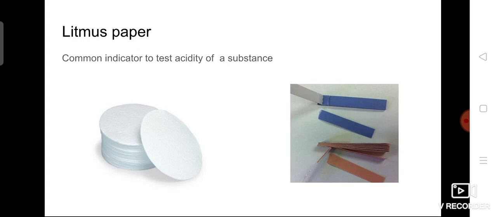Why? Because if we only had red litmus paper, it would become very difficult to decide which one is acidic. When red litmus paper is put in acidic solution, it still remains red. Originally it is red, and if you keep it in that acidic solution, it again shows red only. It still remains red. But if the same litmus paper is put inside neutral solution, it will also remain red. So the decision might become difficult. That's why both colors of litmus papers are available, red and blue. So using both of these, we will be able to reach a conclusion whether a particular solution is acidic or